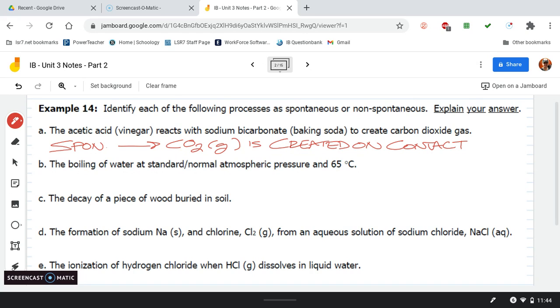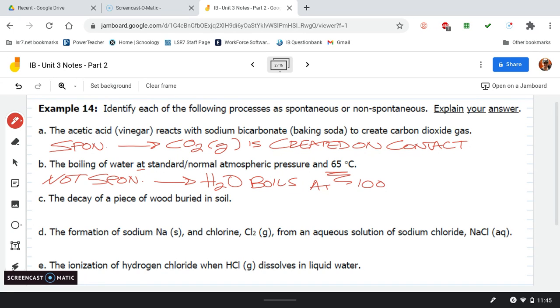Okay, second one. Boiling of water, here's the key thing, at 65 degrees Celsius. Water doesn't boil at 65 degrees Celsius. It boils at 100 degrees Celsius. So this is not spontaneous because water boils at 100 degrees Celsius,